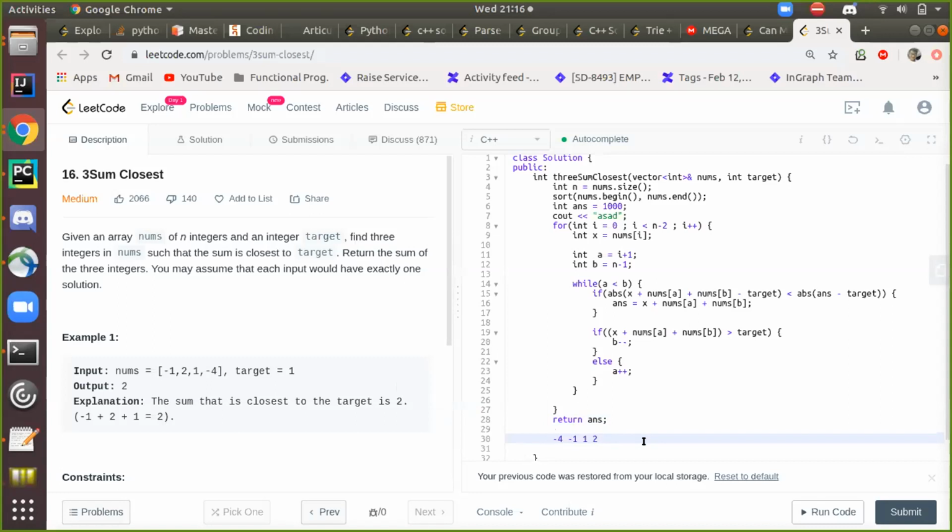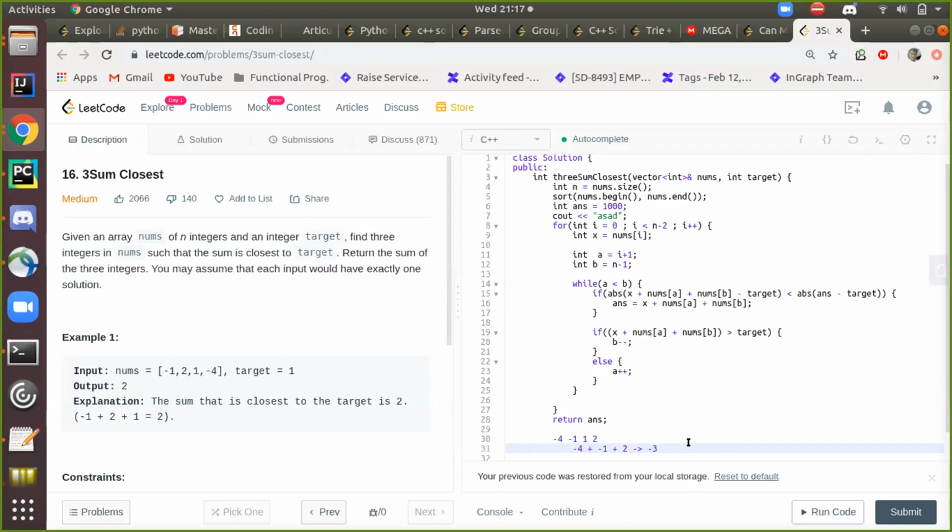So my sum would be -4 plus -1 plus 2, so that would be -3. Basically, I would find the difference of this and the target and check whether I have a smaller difference before or not. So this would form a part of my answer.